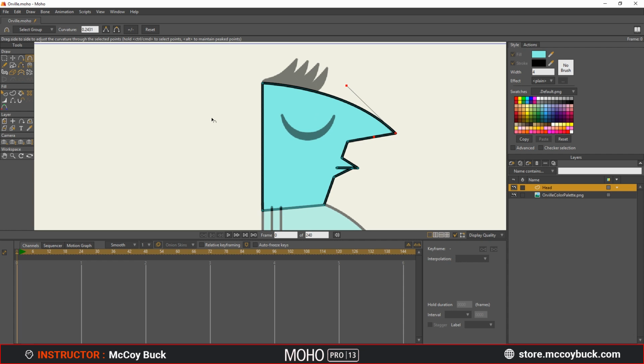That's the drawing tools when you're using the vector tools in Moho. It takes a little bit to get used to, but I find these tools really cool and I've gotten used to them and I've been able to create a lot of cool stuff with these drawing tools. Okay, so now that we got our head and we got our mouth, let's go ahead and create the eye